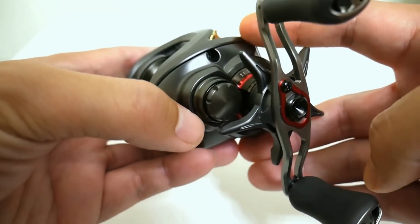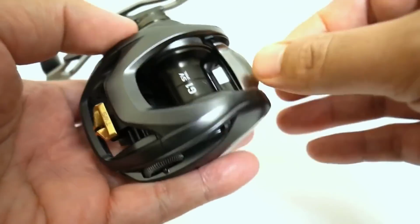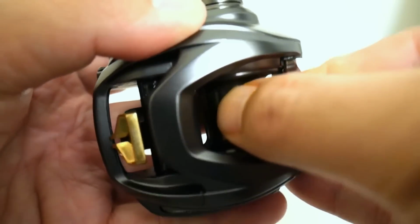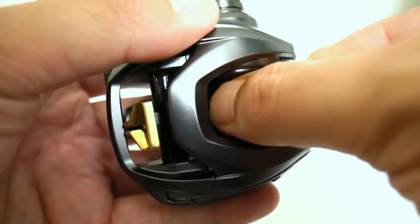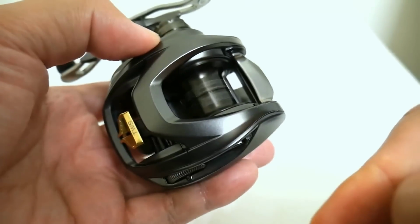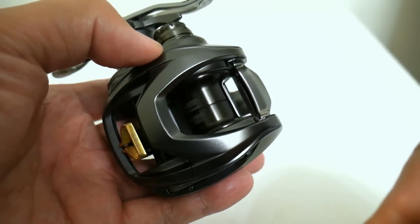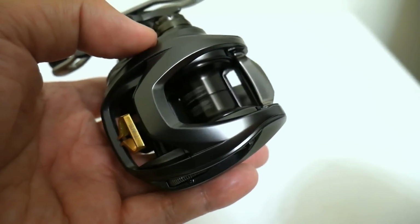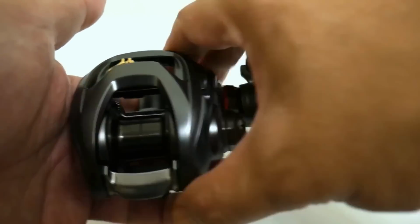Now, it's kind of plain. Wish they would have given it some kind of a color accent, but let's see if there's any kind of side-to-side movement. And actually there's none. There's no side-to-side movement. Let's see what the brakes are on. Okay. I mean, it seemed to spin okay, so that's promising. I mean, it's not the longest free spool,